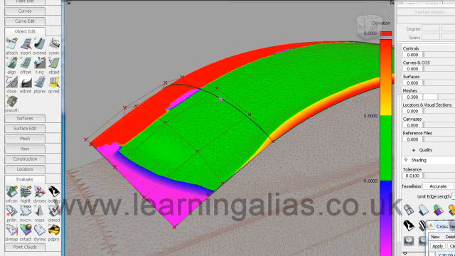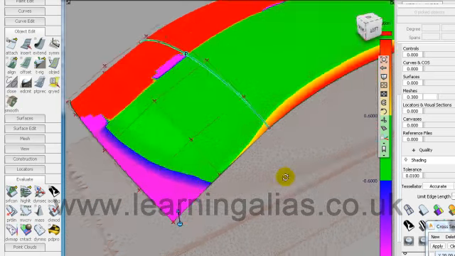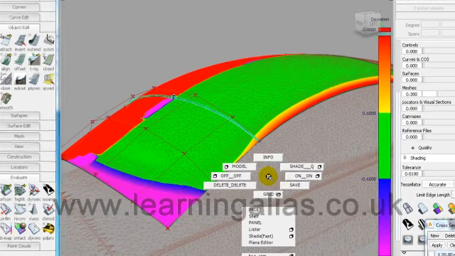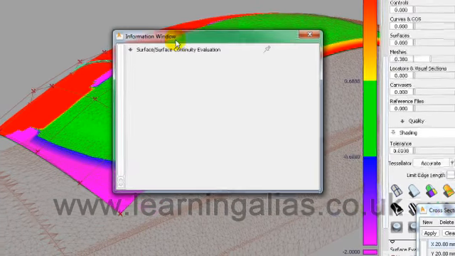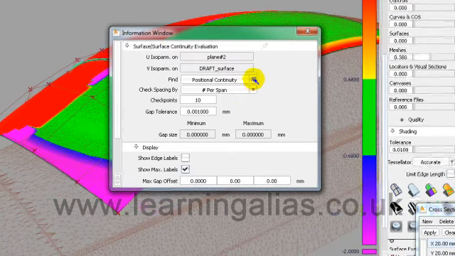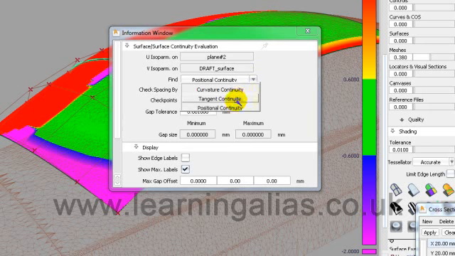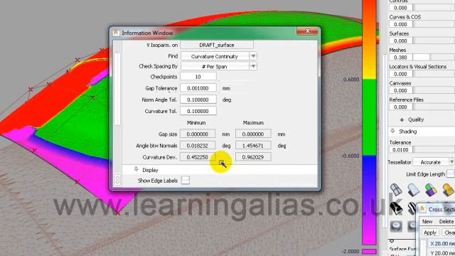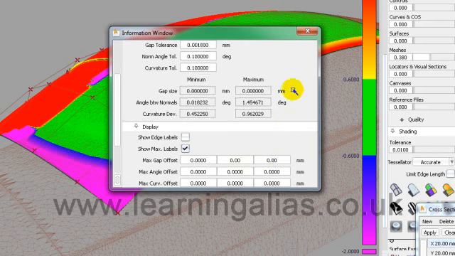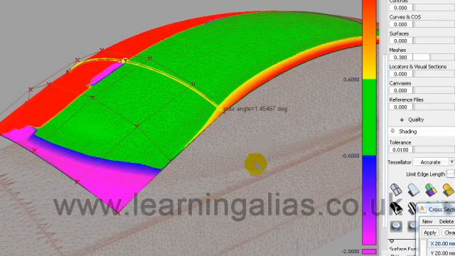Here we have position, and actually we can look that up. We'll just do that quickly. Look it up in the information window. Let's ask it for curvature and see what we have. We have curvature angle is 0.9, so we don't have curvature, and the tangent angle is 1.4, so we're a long way out from being anywhere near either tangency or curvature, but that isn't really an issue